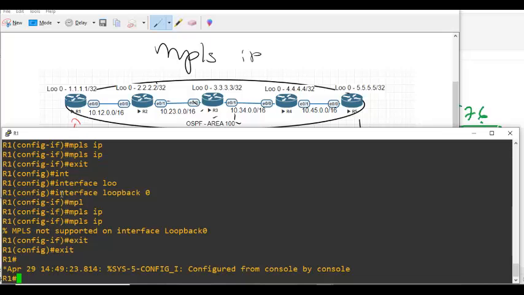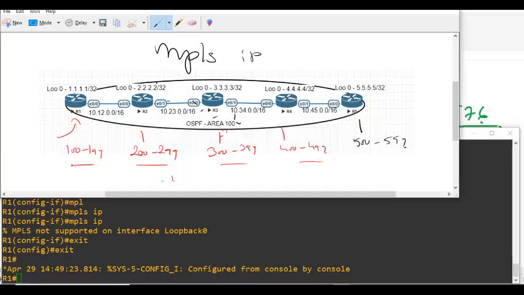What this MPLS will do, it will pick the loopback interface as the router ID. For example, if router 1 picks this address, of course it is going to pick only the loopback address as the router ID. Now router 1 will go and talk to this guy. Hey, you know my buddy, I'm 1.1.1.1 talking to you. Router 2 will check whether I know this guy. Router 2 will check whether I have a route in the routing table. If we don't have a route,